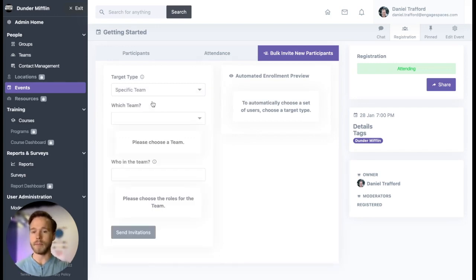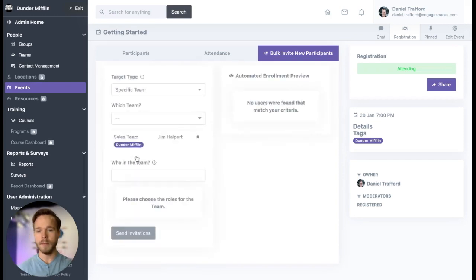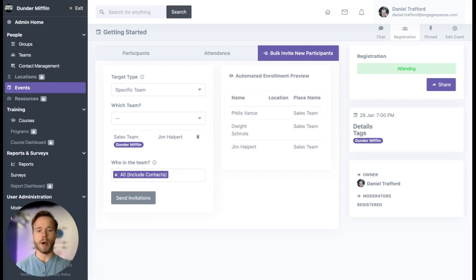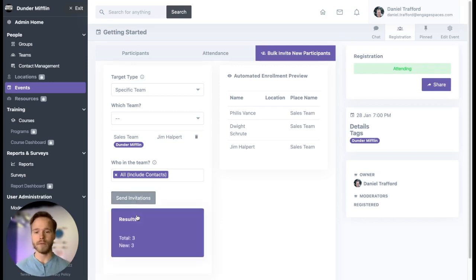So let's go ahead and select a specific team. We're going to select the sales team, and we're going to have everyone, including contacts, be a part of this. Right now, we only have 3 people in this team, so those 3 people will be invited. If we had more people, everyone in the team, or teams if we selected multiple teams, would be invited as well. Confirm and send. So now 3 people, Phyllis, Dwight, and Jim, have all been notified that they've been invited